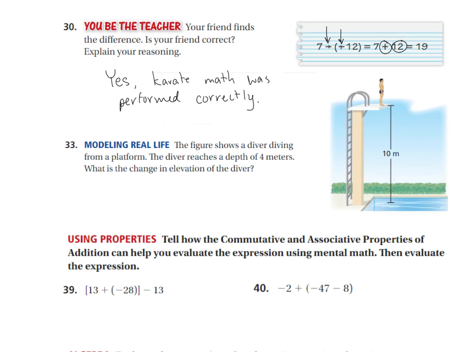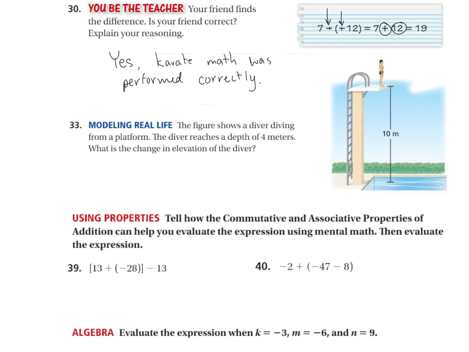Okay, something like that. Number 33 says the figure shows the diver diving from a platform. The diver reached a depth of 4 meters. What's the change in elevation of the diver? Some of us might be really quick to say, oh, it's this, 10 minus 4. Well, 4 meters would be like right about here, meaning he's still in the air. Okay, so when it says a depth of 4 meters, it really means he went under the water 4 meters